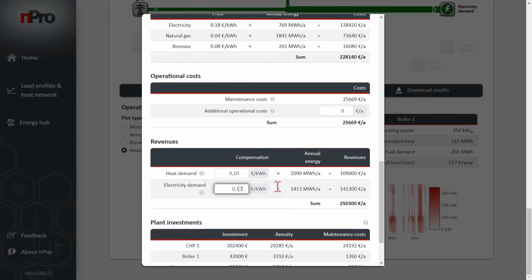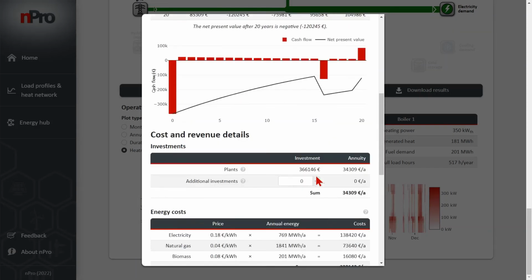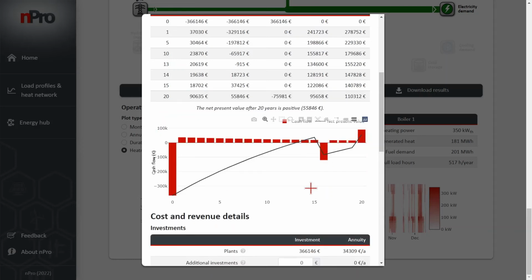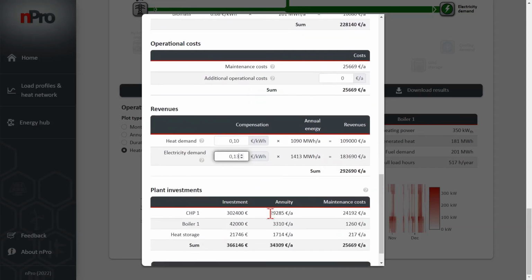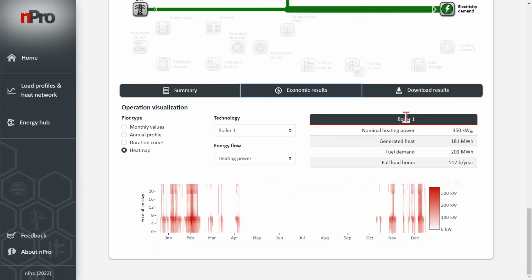But let's increase the electricity revenue step by step by 1 cent per kilowatt hour, and then we can see here on the top that we would actually reach the profitability at this point, and this would be here now 13 cents per kilowatt hour. Of course, we could also modify the revenue of the heat demand. I click on OK, and then finally I want to mention that you can also download all the results as